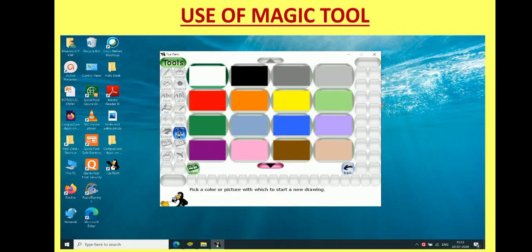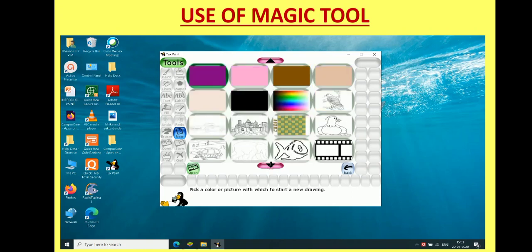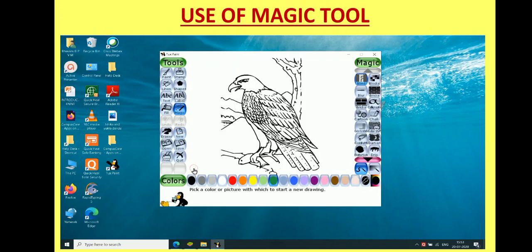For demonstrating this tool, I will select one ready-made template. So let us take this bird and click on open. The bird will appear in your canvas.